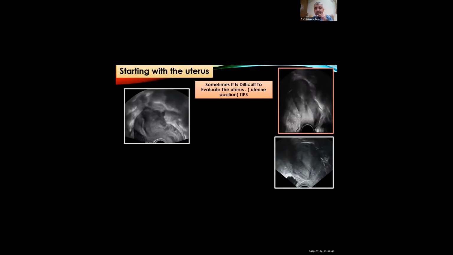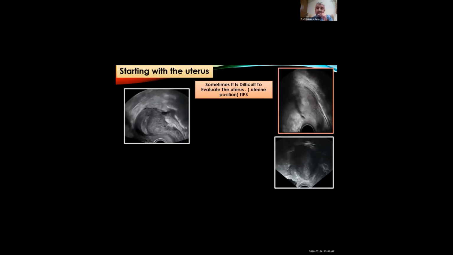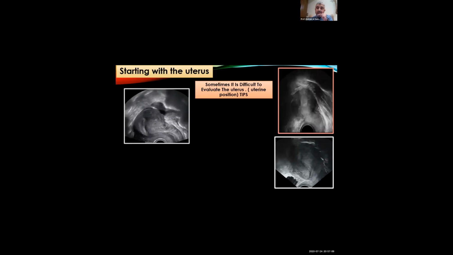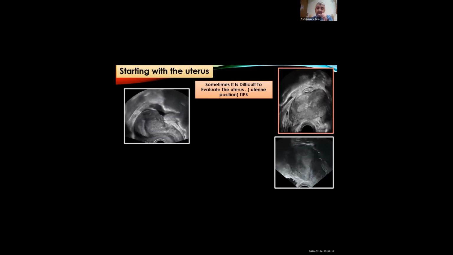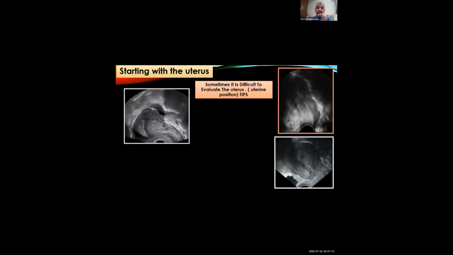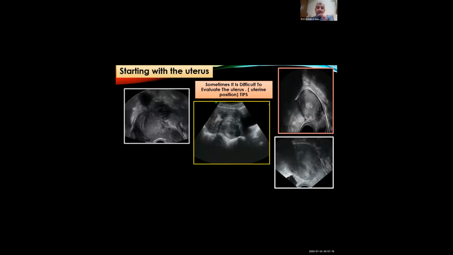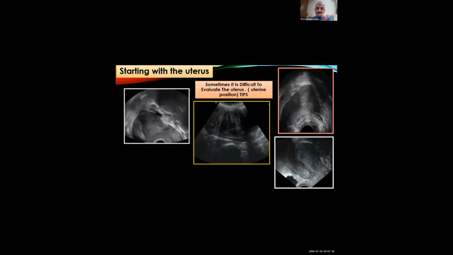So I start with evaluating the uterus, and sometimes it is of course difficult to evaluate the uterus if the position of the uterus is not very nice. So in an anteverted retroflexed uterus that is pulled by adhesions, it's difficult to assess the endometrium sometimes. If the uterus is in erect position or high up in the pelvis, because it is pulled by adhesions, it is sometimes difficult. And of course, if you have multiple lesions that are affecting the uterus, like multiple myomas over here,